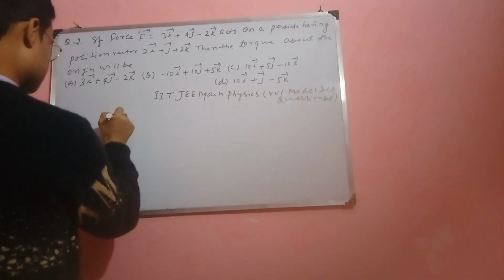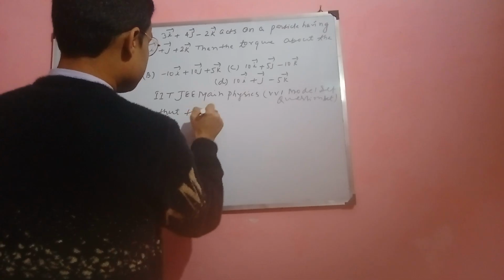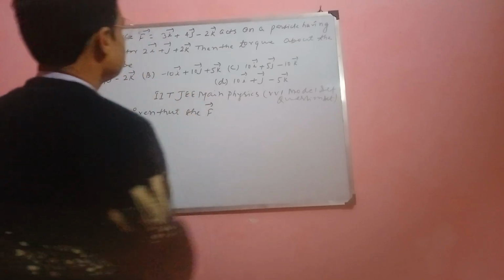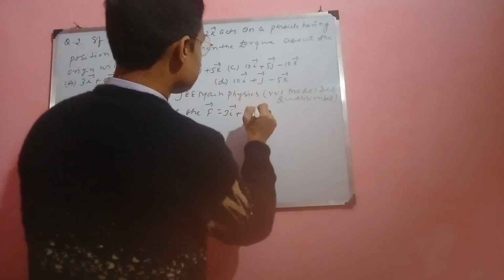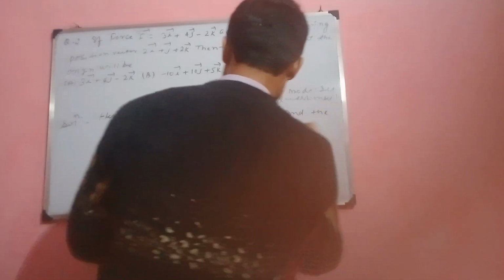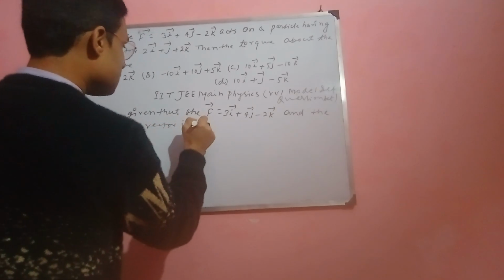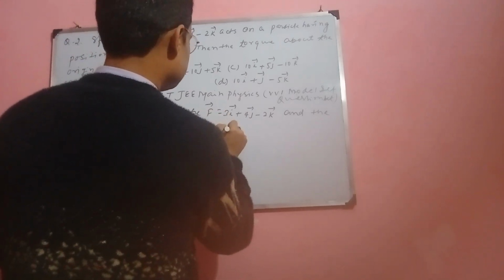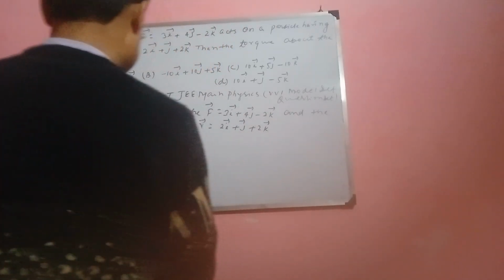Here it is given that the force vector is equal to 3i vector plus 4j vector minus 2k vector, and the position vector, that is r vector, is equal to 2i vector plus j vector plus 2k vector, such that